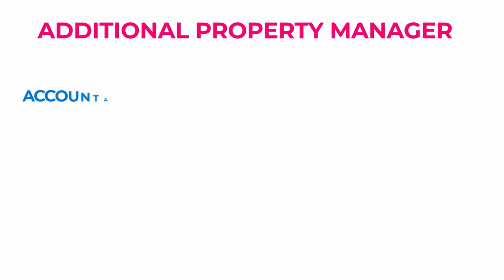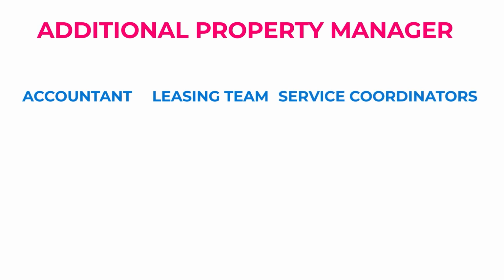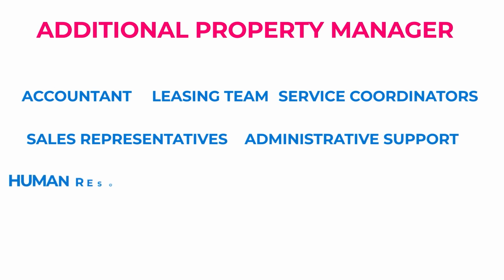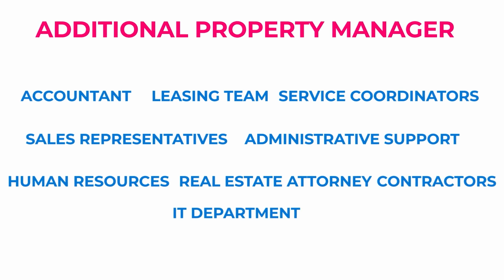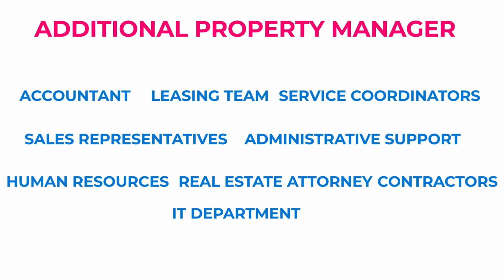Number seven is employees and team. Now let's talk about the roles within a property management company and what you need from your team. You're going to need additional property managers to oversee multiple properties, administrative support for your office space or daily operations, sales representatives to help build up client relationships and attract new clients, human resources professionals to help oversee the payroll and benefits for full or part-time employees, finance professionals to help with all accounts payable and accounts receivable, leasing agents to obviously show vacant spaces, maintenance managers and maintenance staff to handle both routine and emergency maintenance and repairs,